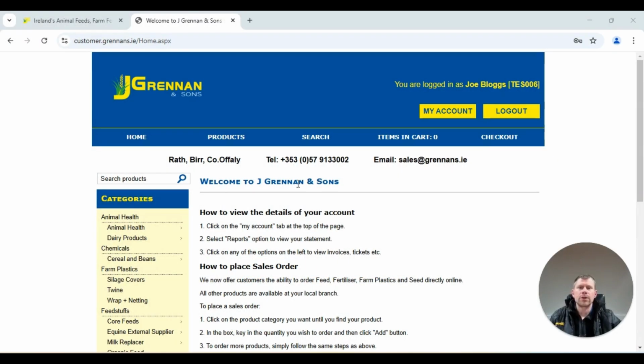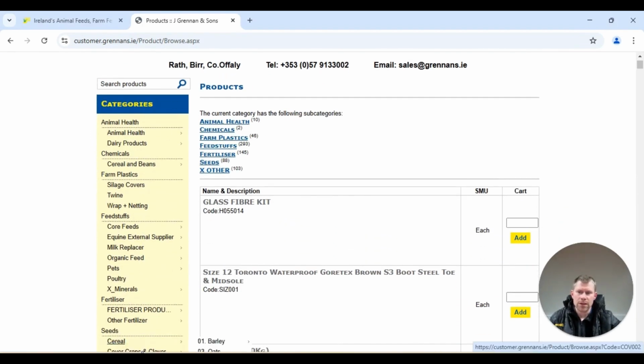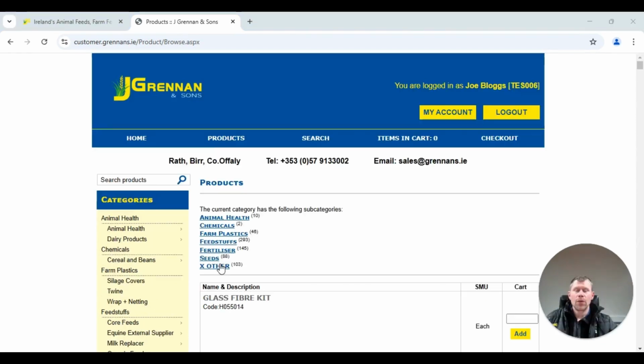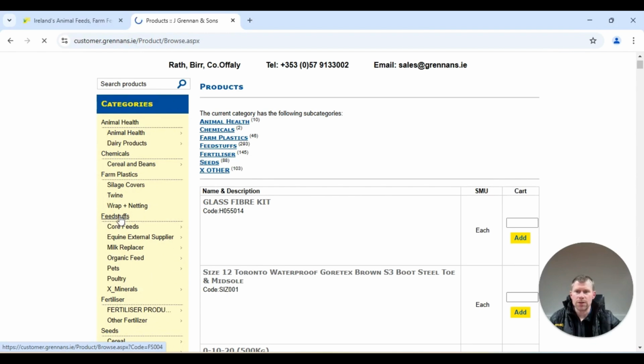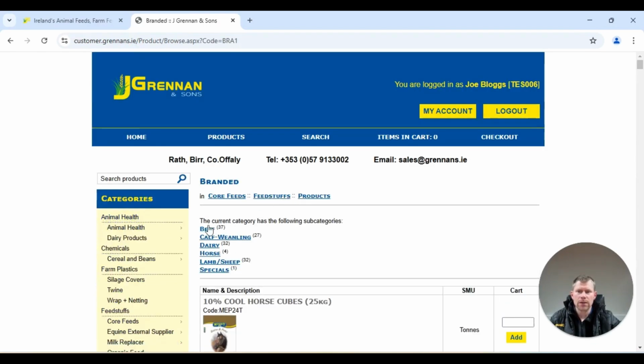I'm now going to show you how to place an order on this online portal. So firstly you go up to products on the top side of the screen, and on the column on the left hand side it gives you a list of all the products we sell and that you can order. We are going to order 4 tonne of bull beef crunch, so we're going to go into feedstuffs and we're going to core feeds, branded,